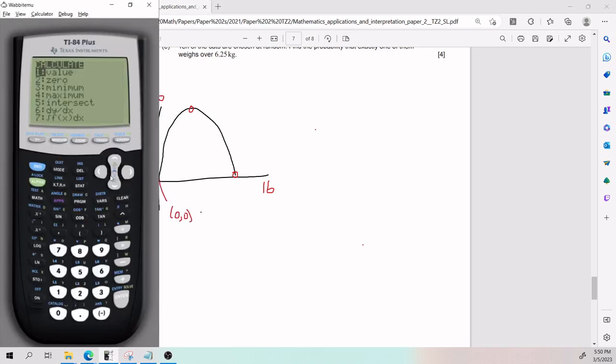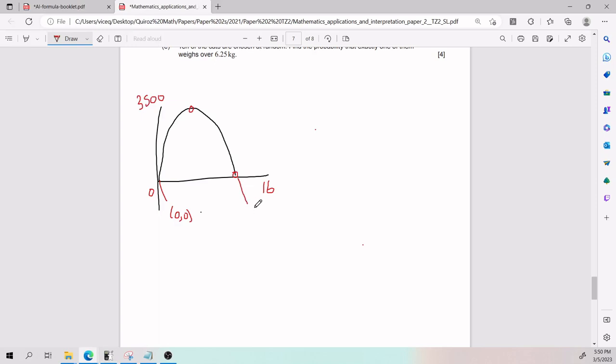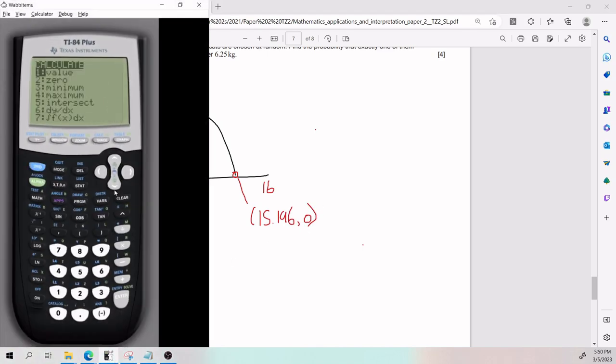So second calc, 0, left bound, right bound. So I'm going to do left bound over here, right bound all the way where I can't even see it, and I guess where my 0 is. Boom. So my 0 is going to be at 15.196, 0. And my maximum, more importantly, calc maximum,